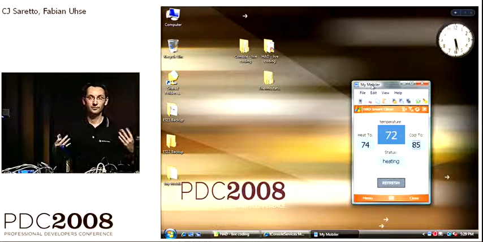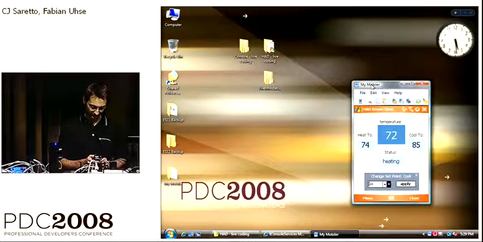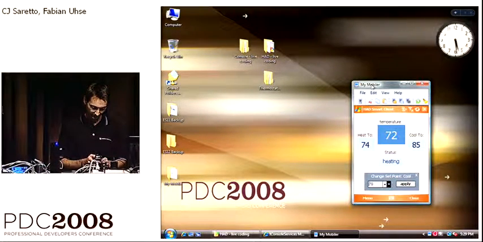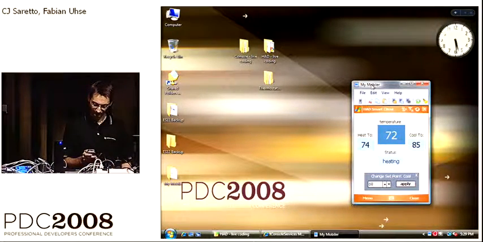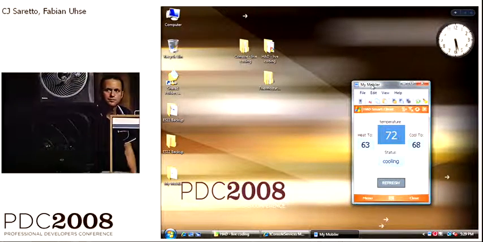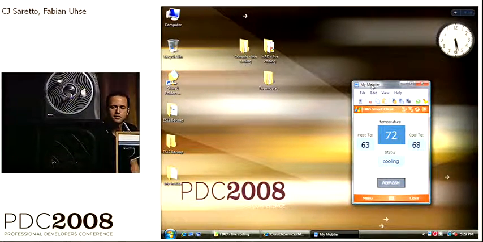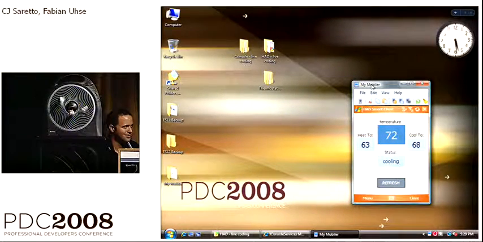To be honest, it's really hot on stage here, so I'm going to give it a set point slightly below the current temperature. All right, I just press the apply button, and as you can see, the fan turns on and the fireplace turns off.